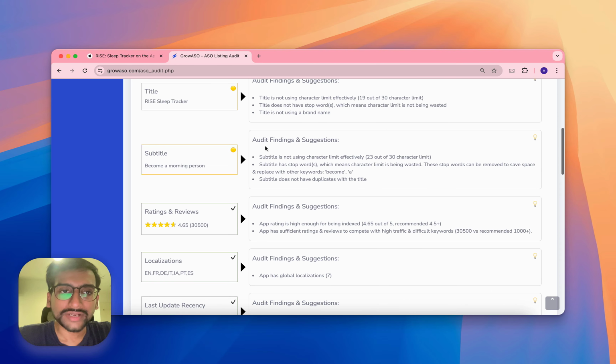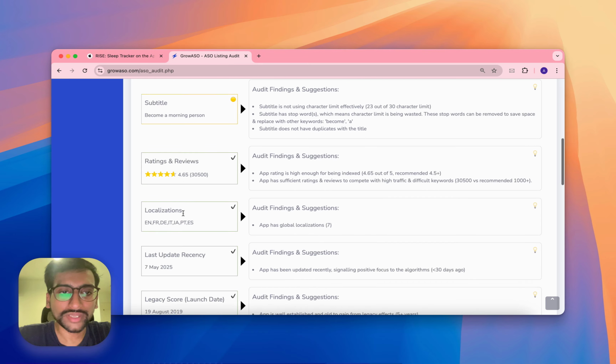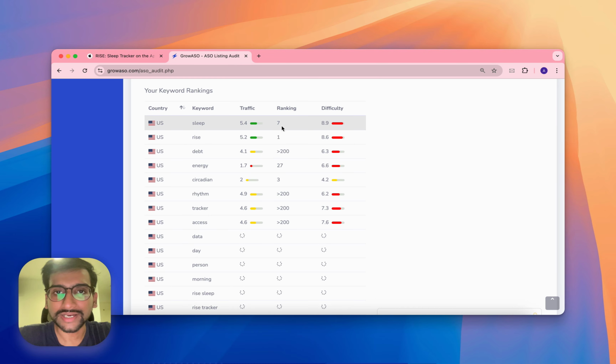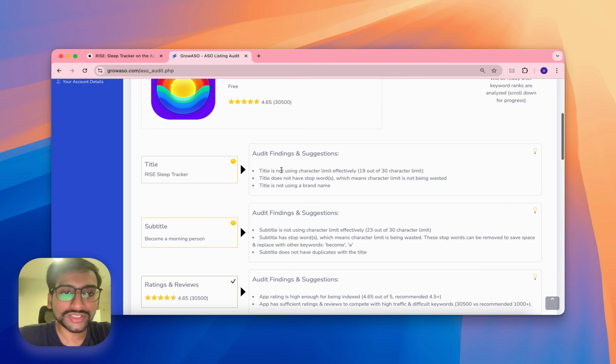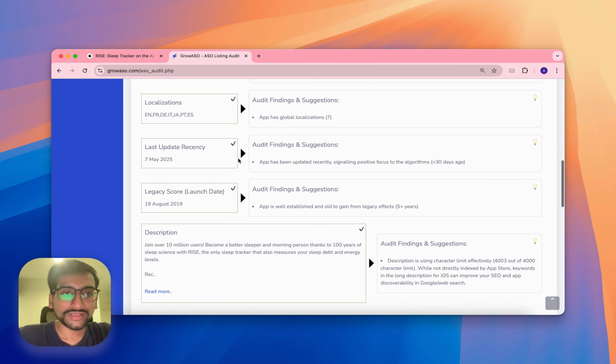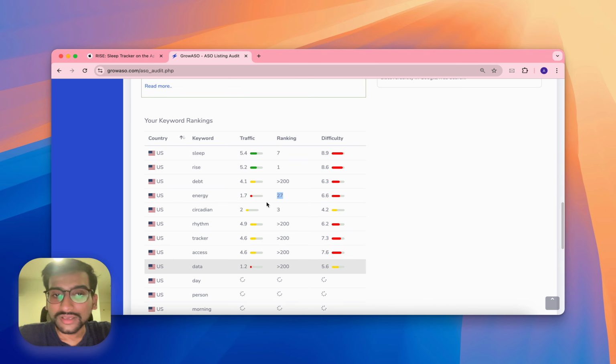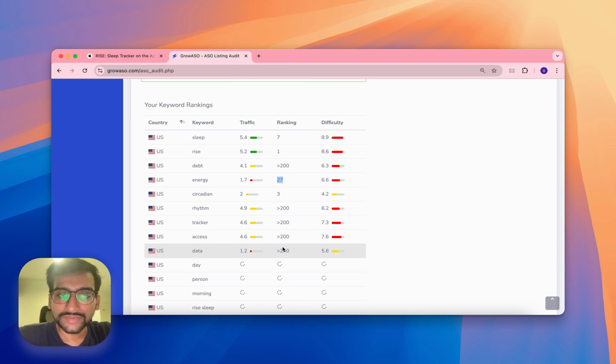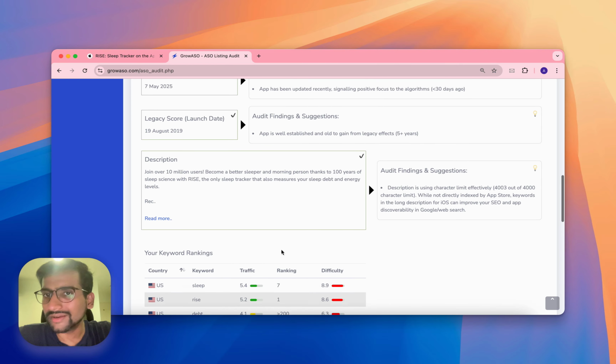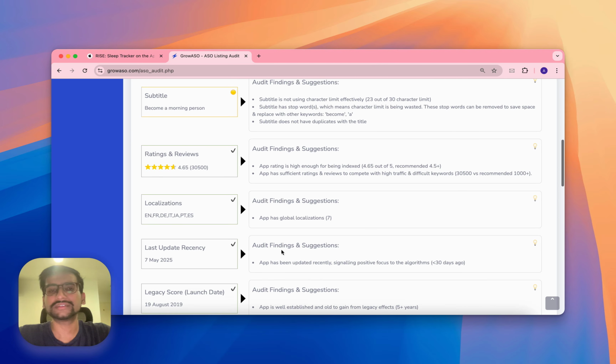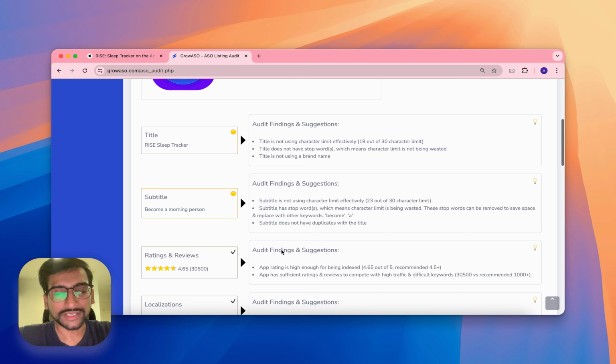So Rise and Sleep are okay because they rank fairly high for them. I think top 10 is fair. Circadian, Energy, where is Energy? Energy is not in these two, but Energy is probably in their description then. Rhythm, Tracker, Access Data.